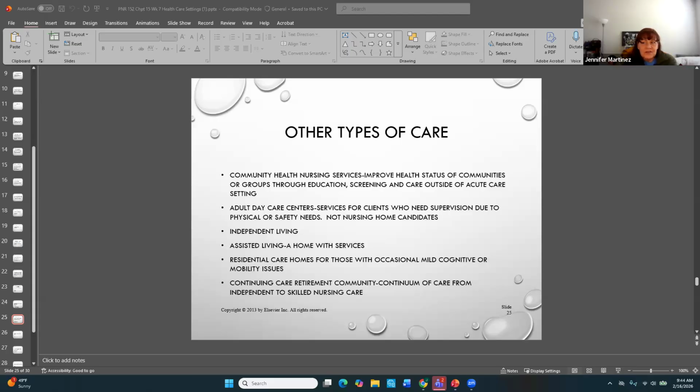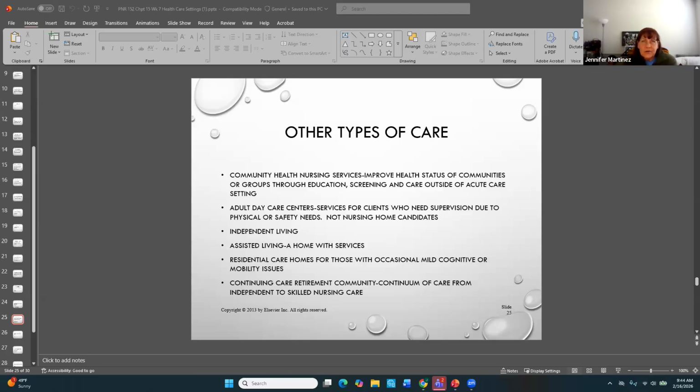There's usually a social worker or an RN as overall supervisor, and then they have CNAs or personal care assistants to assist with the ADLs. They may also have some volunteers, and depending on the size, they may have LPNs and others working there as well. But again, it's for people who live with family members and have assistance in the evenings and weekends, but just need somewhere to go during the day.